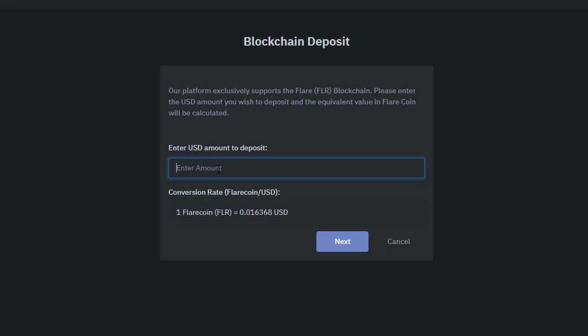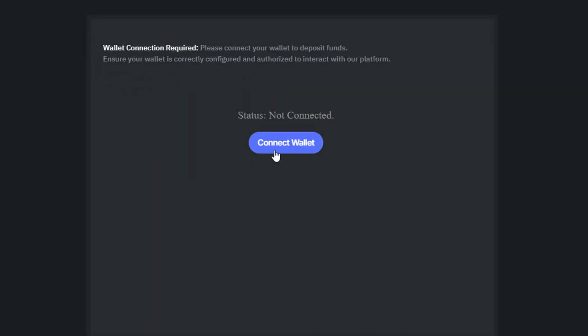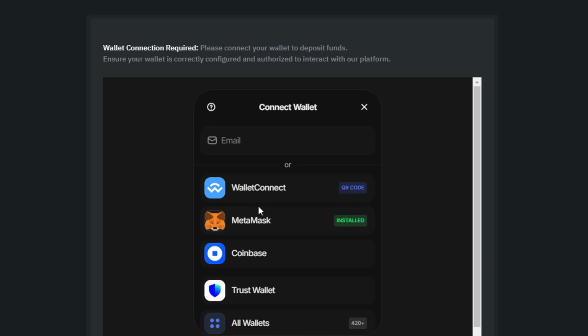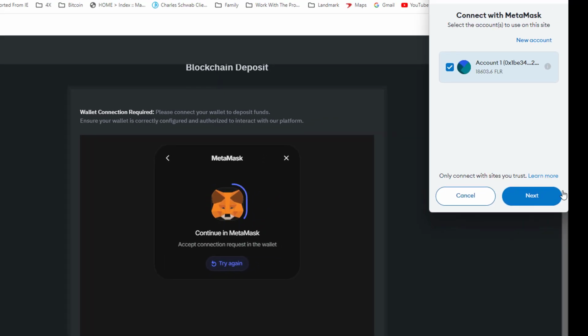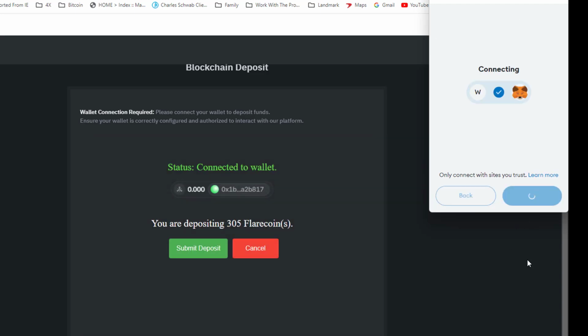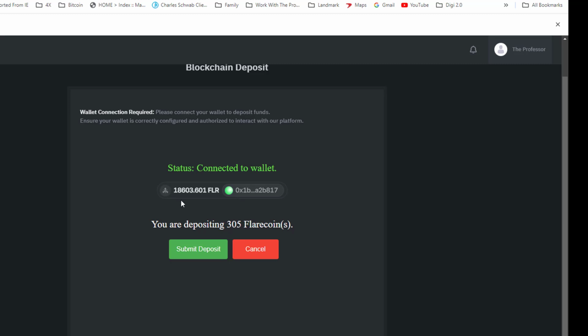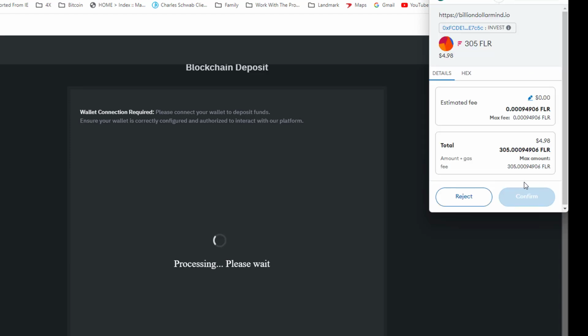Let's make this one $5. All right. I'm going to click next, connect my wallet. I'm doing MetaMask. Click next, confirm. All right, good. Submit. Now let me confirm.